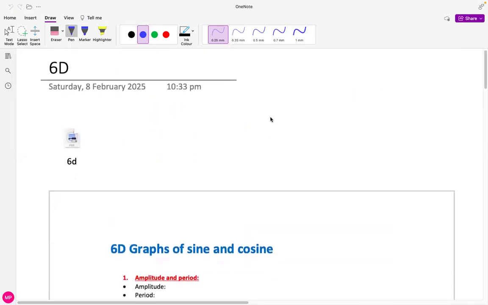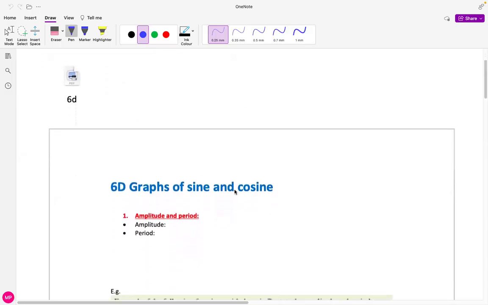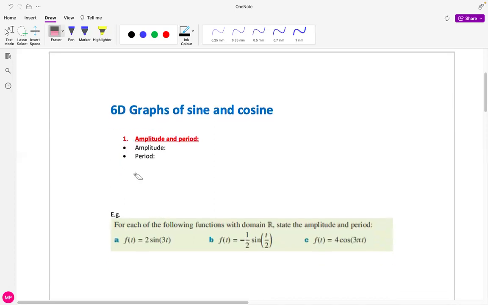Hi everyone. Today we're going to learn to sketch the graph of sine and cos in the more basic form, which is y equals n times sine of, let's call that, AF or something. So we do have two dilation factors, and similarly we're going to do the same for cos. Now, before we start, let's start with the basic one, which is the amplitude and the period of